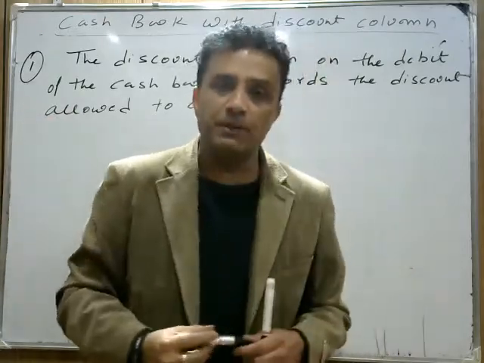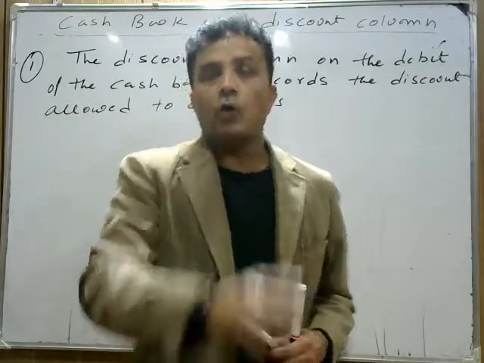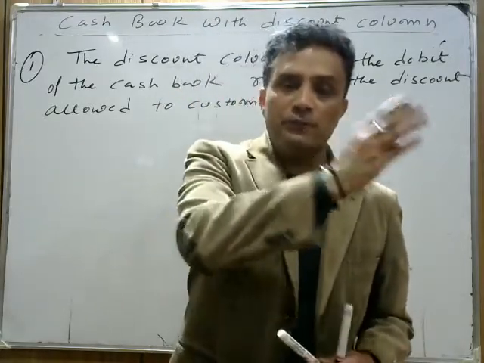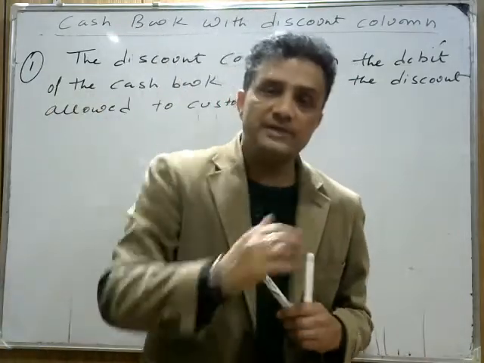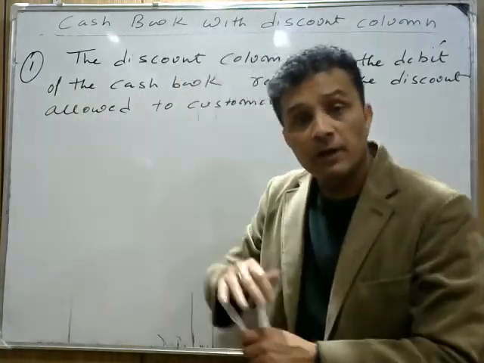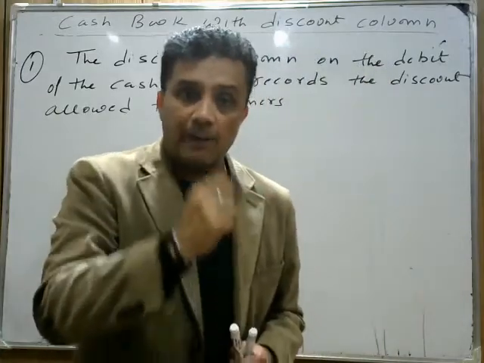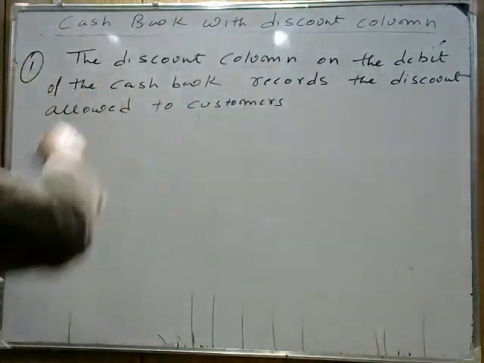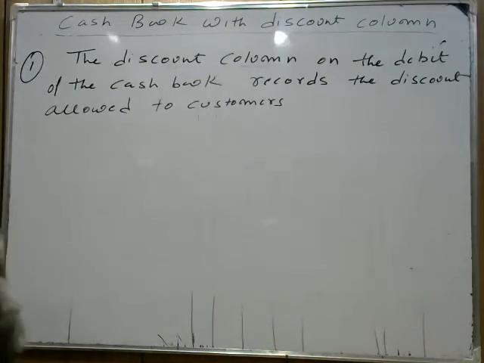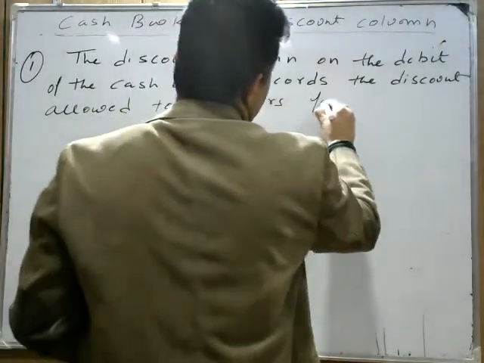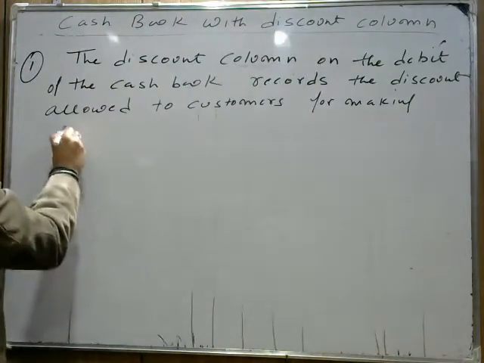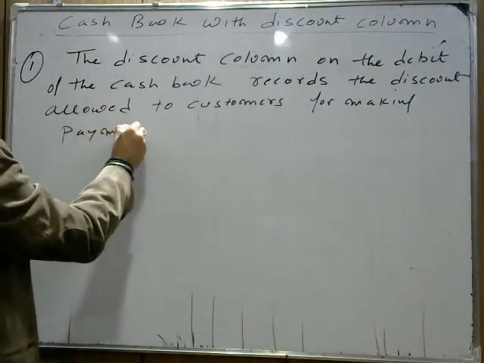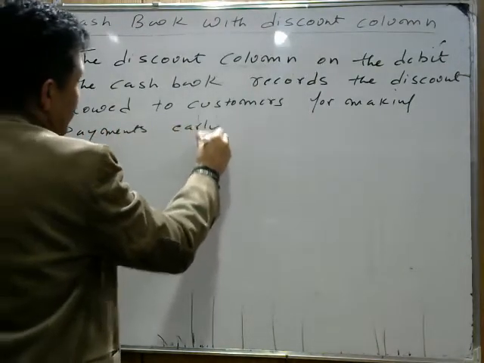But आपने उसको बोला कि ठीक है, if you pay right now, or if you pay within 2 days, you have to pay only 48,000. It means आप 2,000 rupees का discount दे रहे हो. Although you are receiving the cash, you are giving discount because you need money immediately. आपको पैसे की जरूरत अभी है. So it means the discount allowed to customers is for making payments early. I hope this part is clear. Making payments early.